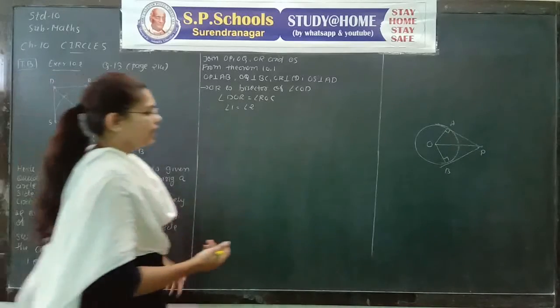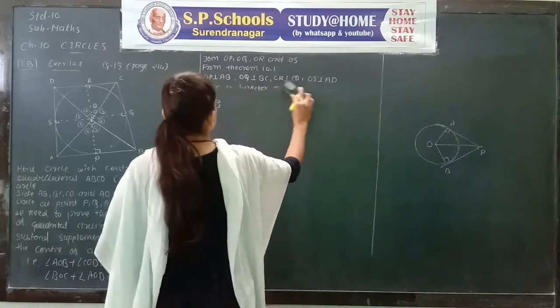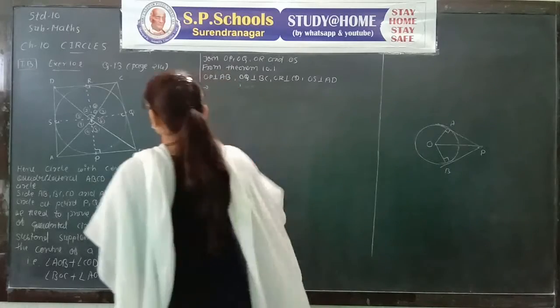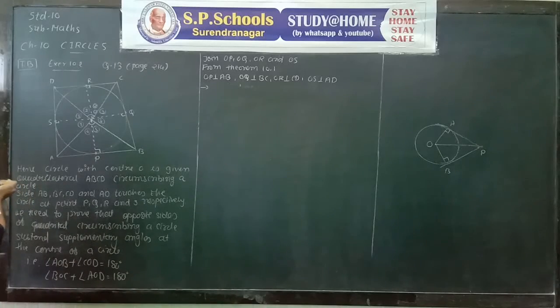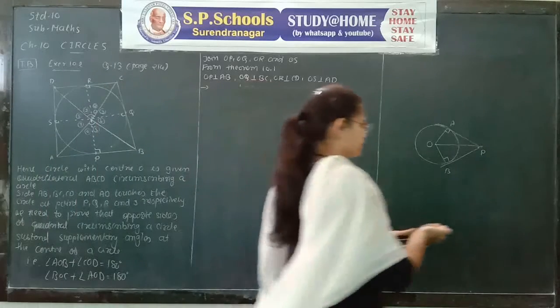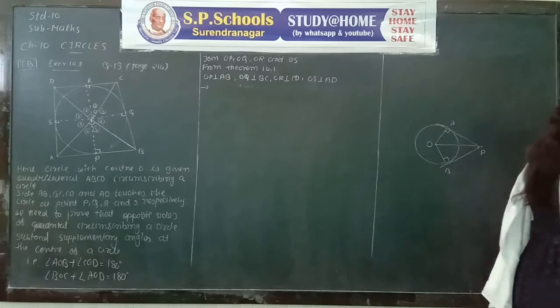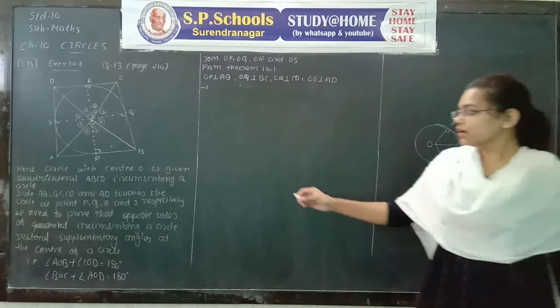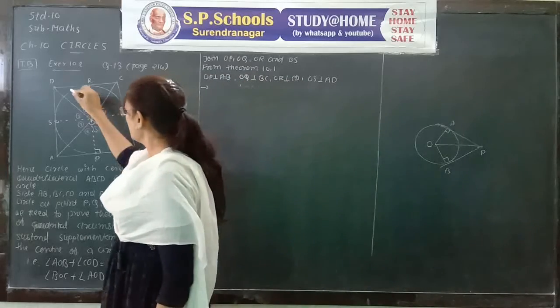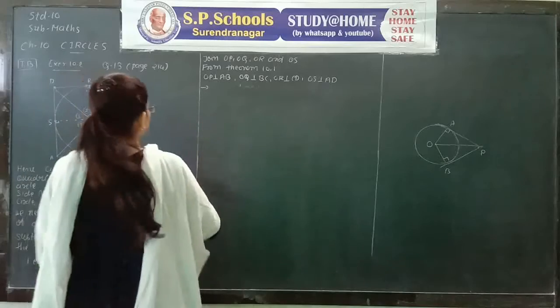Here it is not OR that is the bisector, but BO, DO, CO and AO are the bisectors. So write it as